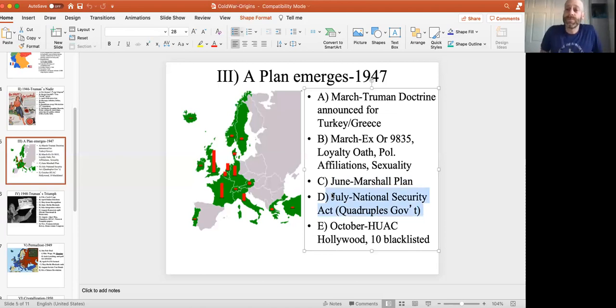Then there were other measures that were felt to be needed by Harry Truman and the Republicans. Starting in 46 and 47, the FBI uncovered quite a bit of spy rings. Stalin had planted spies that infiltrated every corner of American life. Now, it was probably an overreaction on our part. What could a lot of these people really do? They weren't any existential threat to the existence of America.